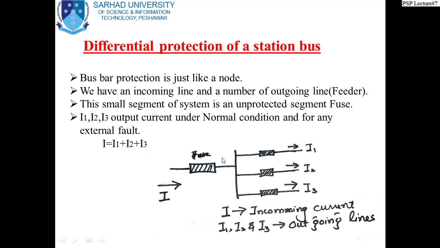Now, as far as the protection of the bus bar is concerned, you see these relays, the outgoing relays, this circuit breaker, this circuit breaker, and this circuit breaker. All these circuit breakers see only in the forward direction. Most of these relays, either distance relays or any other type of relay, see only in the forward direction, and their forward direction is away from the bus. Always the direction of operation of any relay of any circuit breaker is away from the bus. Most relays cannot see behind them.